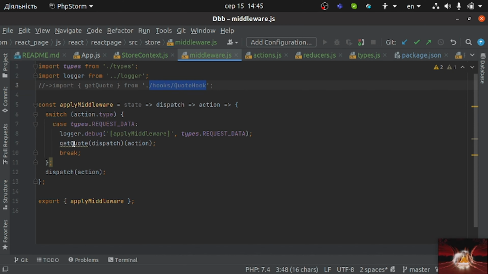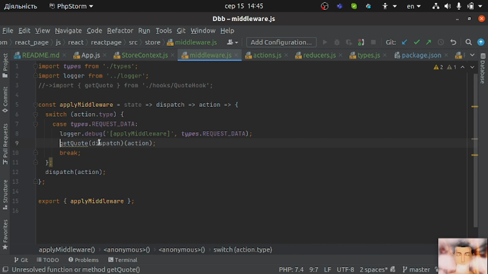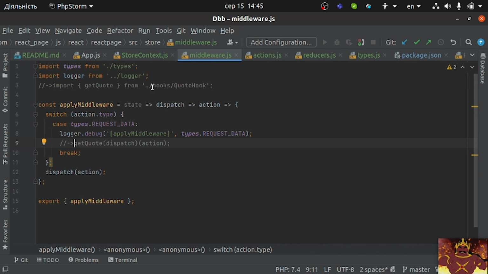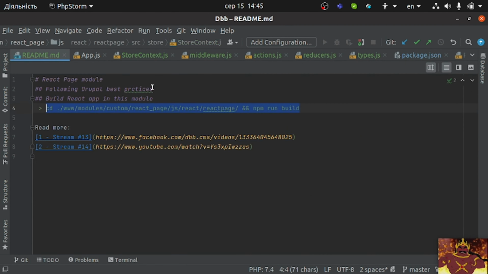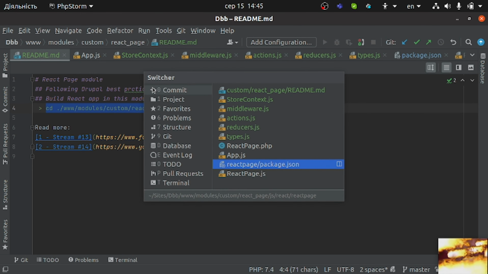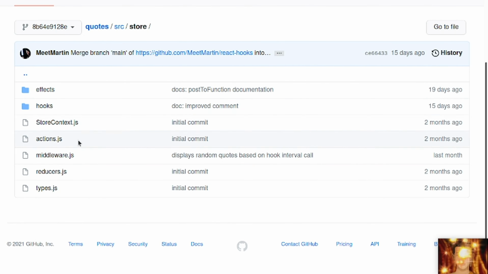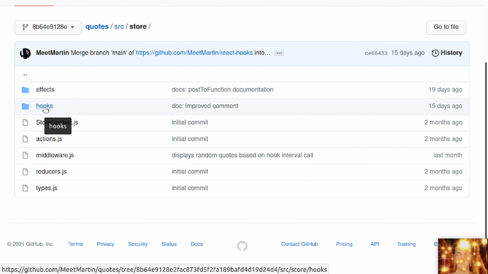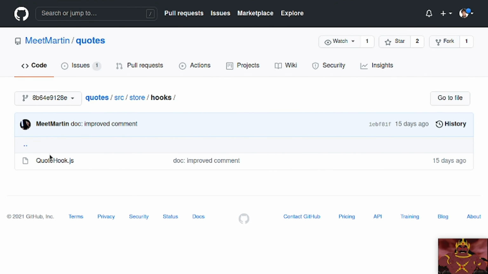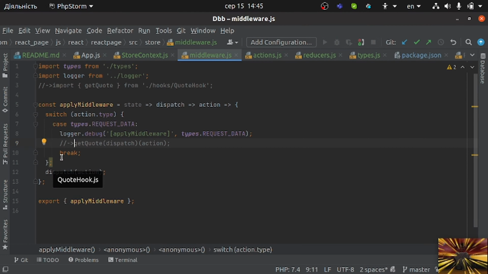Here, get quote apply middleware request data action type. Okay, so here we need to create the same folder: hooks, types, reduce, middleware, actions. This is already here, and hooks quote hook, but we need not a quote hook,